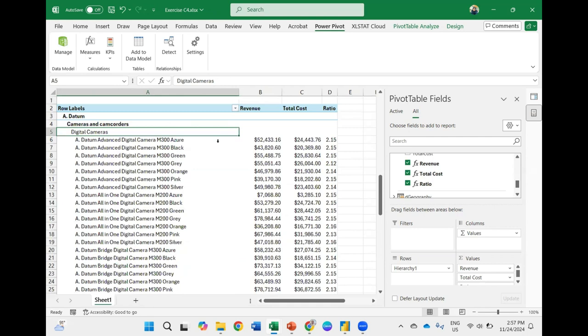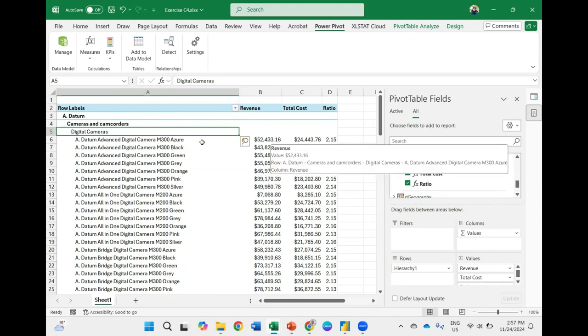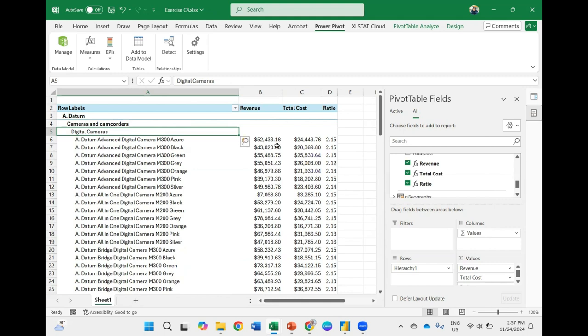This is a revenue that you will calculate only once, but when you use it in the pivot tables, it will automatically calculate based on this product only. The ratio for the advanced digital camera, total cost and total revenue.